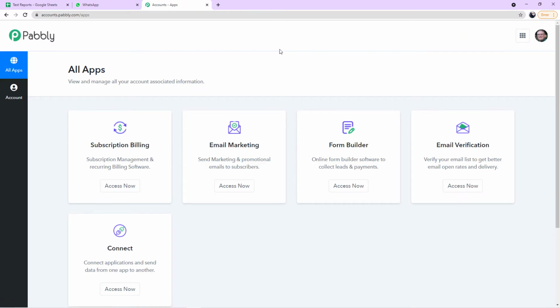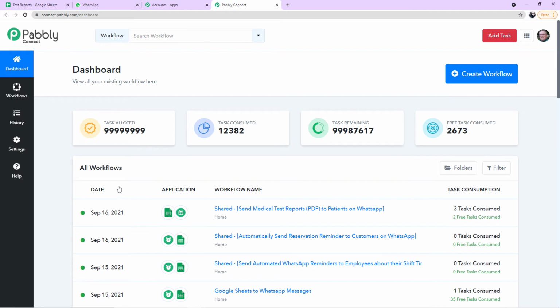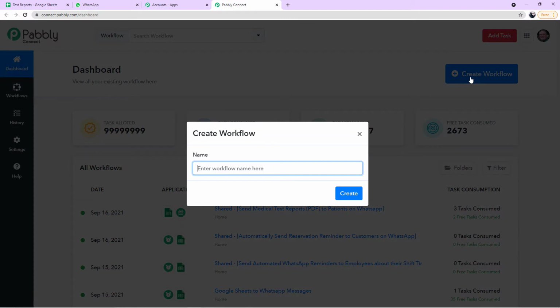So this is the all apps section of Pabbly. From here you have to go to this connect panel and click on access now. So this is the dashboard of Pabbly Connect. To start working here, you have to create workflows like these. So to create a workflow, click here on create workflow button. And here you can enter a relevant name to your workflow. So I'm giving it as